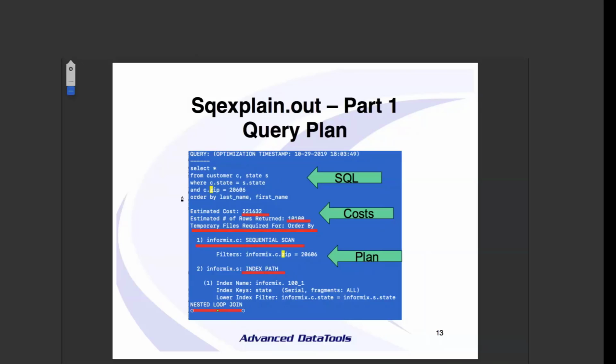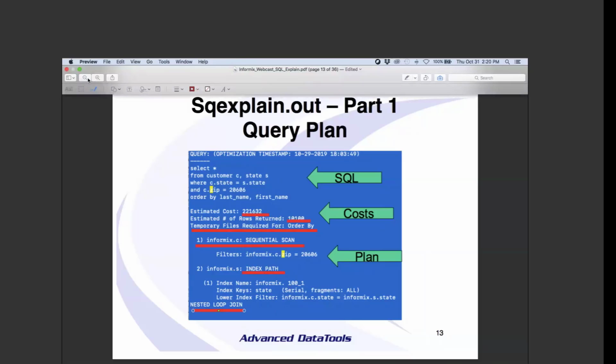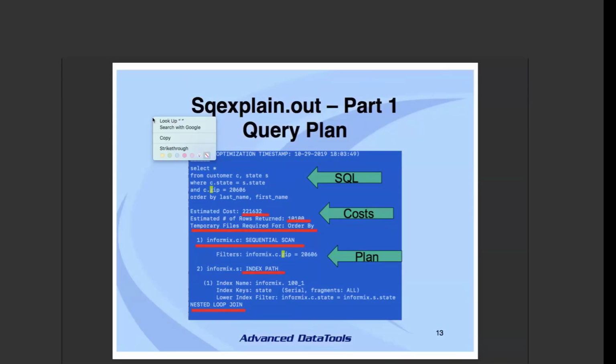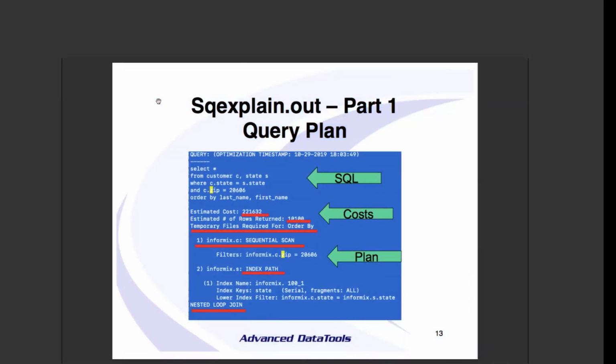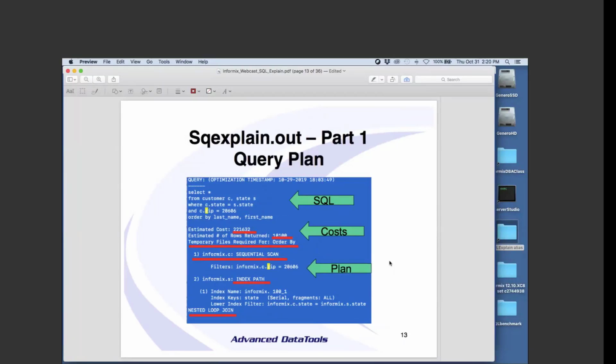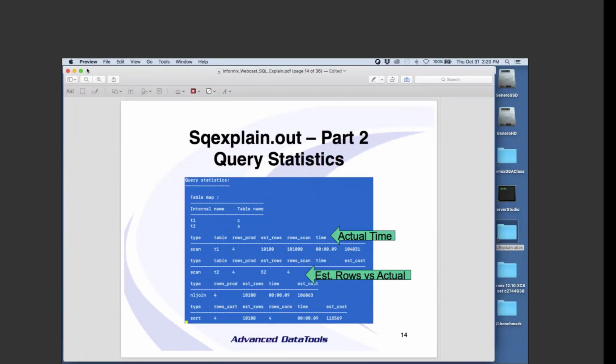The next part of the query plan... okay, I'm stuck. The next part of the query plan